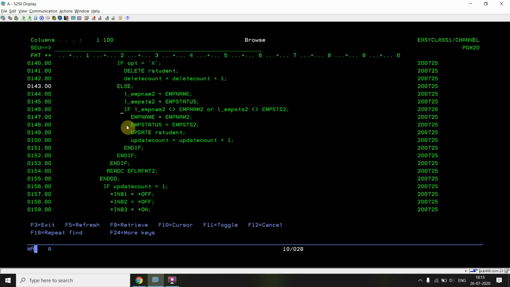so that the program would handle each and everything. Here I'm just getting back the employee name and status, which are already in the student file, into local variables. That's why I took these two variables. Then I'm checking whether these local variables, which hold the values coming from the student file, are not equal to employee name and employee status, which is what the display updates in the file. So whatever the user would have changed in these two,